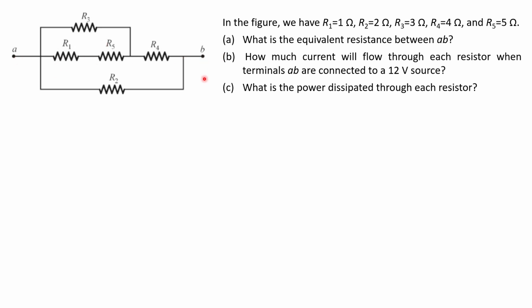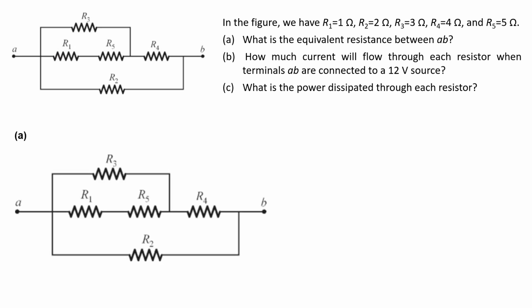The second question is, how much current will flow through each resistor when terminals A and B are connected to a 12-volt source? And the last question is, what is the power dissipated through each resistor? Okay, let's get started